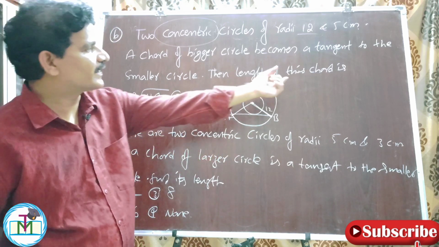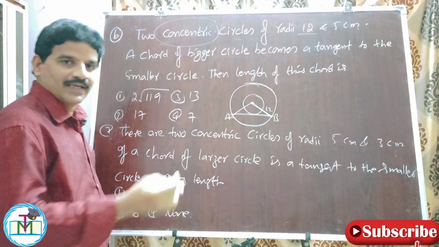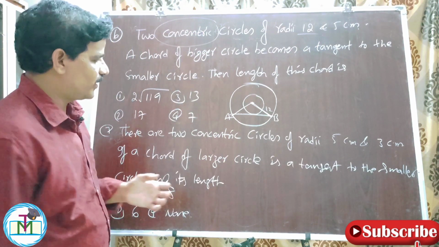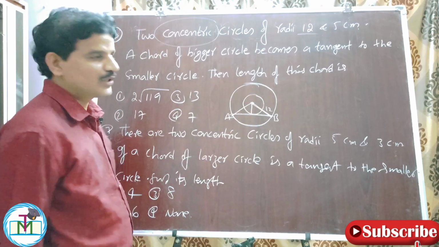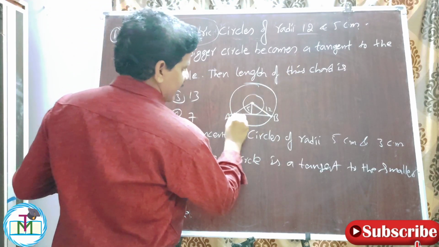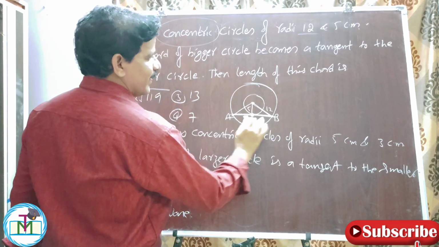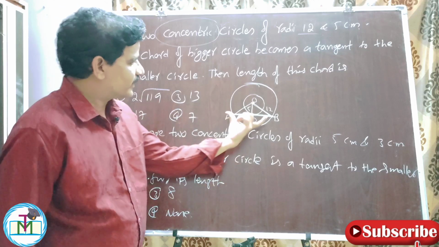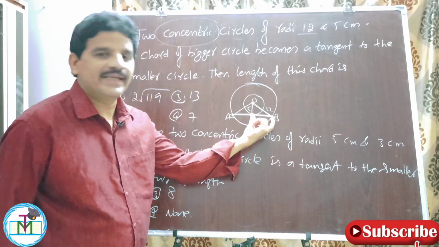Now he wants the length of the chord. I want AB. We already discussed this point very clearly in the previous video, basic concepts and important points. So here we have to draw one perpendicular, or this is what? The radius of the smaller circle. What is the radius of the smaller circle? 5. I want AB. AB is nothing but 2 times DB. This is center O. Right. So the length of the chord AB is 2 times BD.